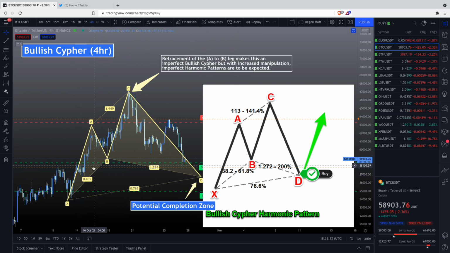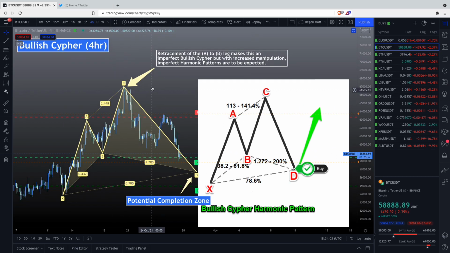So this first leg, the retracement does fall within the range here at 43.7%. However, it's not a textbook bullish cipher because on the next retrace to the C leg, we do 1.449x of the X to A move. So basically 145% of this move X to A. And the requirement in the ratios is up to 141.4, so we're slightly above it. Now,